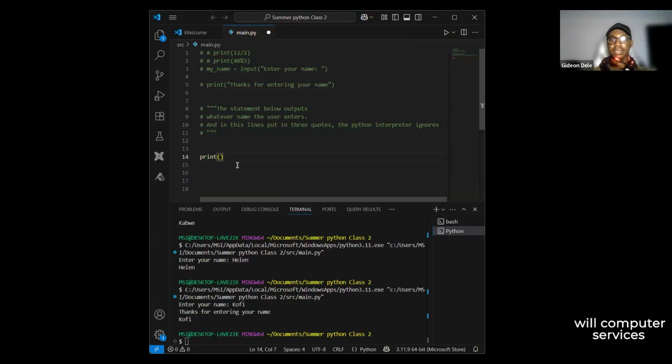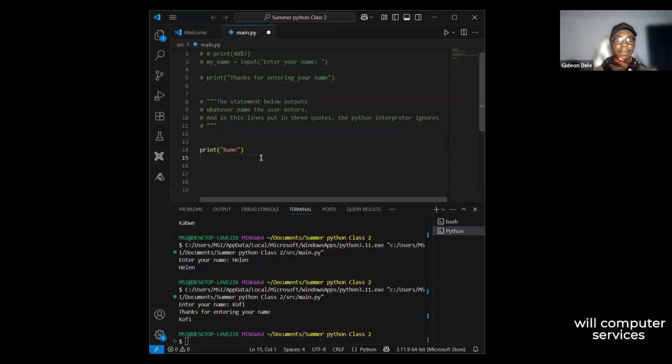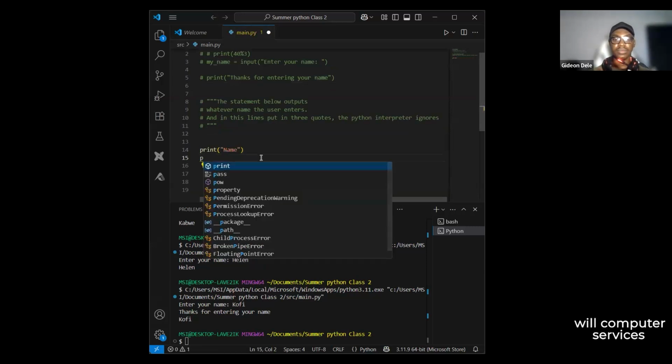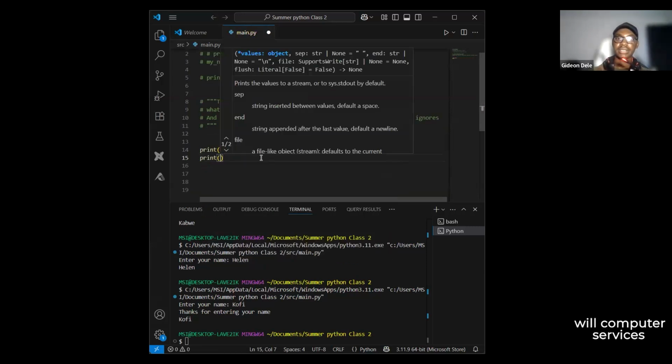So let me say name is going to be a string and I'm printing it out. And another thing is print